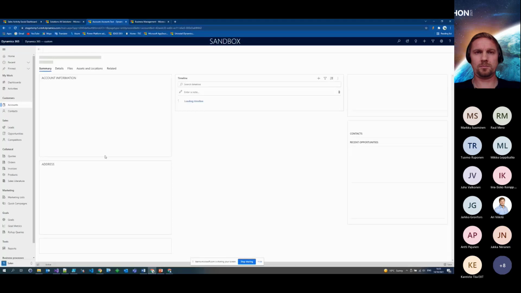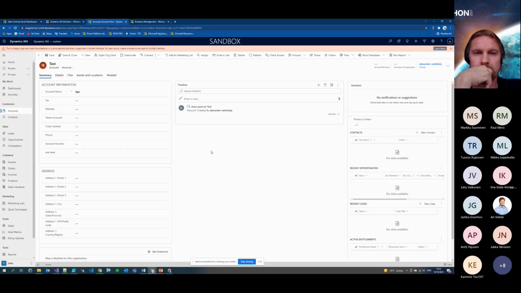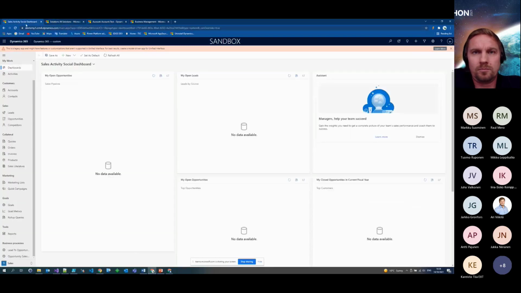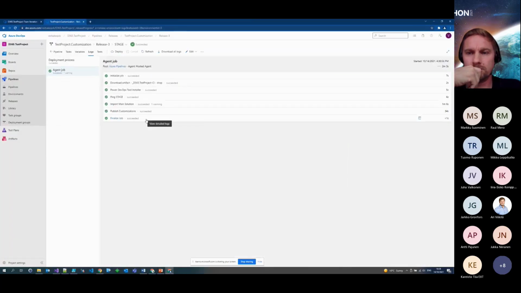I hope we will see it. Yeah, fine. Now we see that this field appears in the stage environment. So everything that I need to do is extract the solution to my local repository and push to Azure DevOps. After that, everything was triggered automatically and delivered to the stage environment